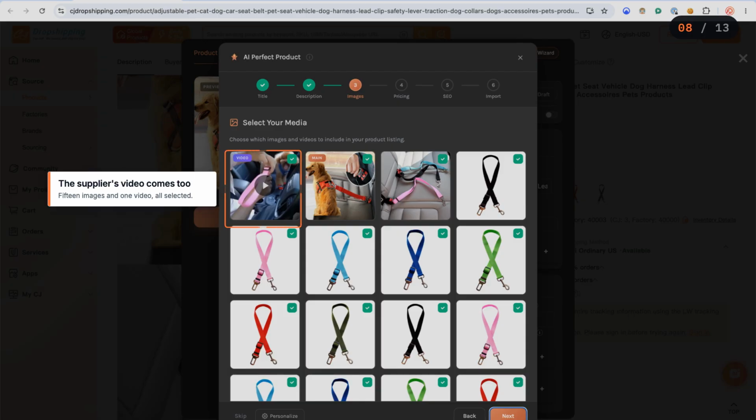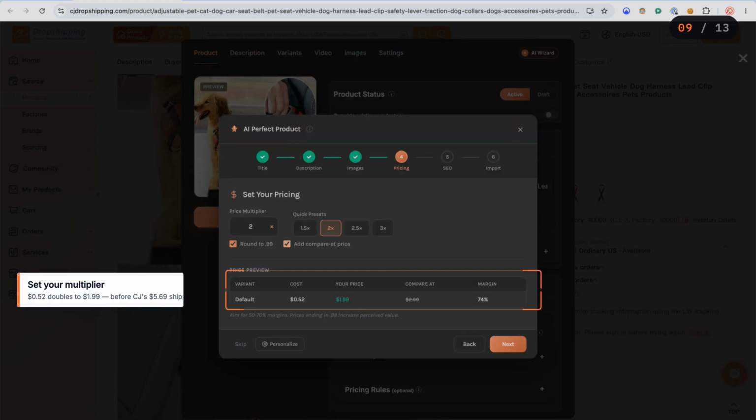Step 3. Choose your images. The supplier's video comes across as well. Step 4. Set your multiplier. Careful here. It works from the product cost, 52 cents, which doubles to $1.99. But CJ quotes shipping separately, $5.69 on this item, so work your markup off the landed total, not the product